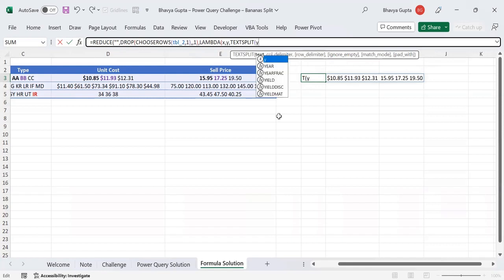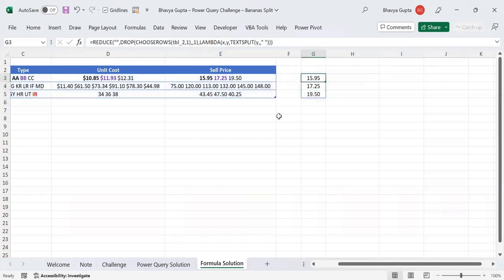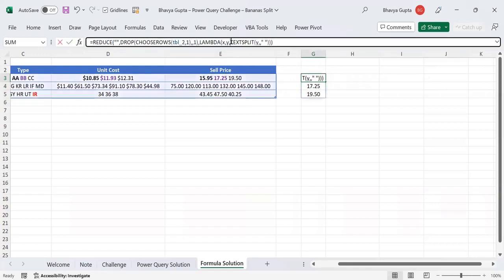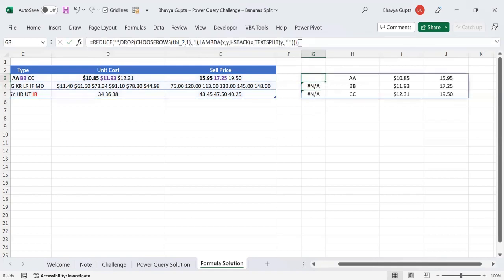Excellent. And as our row delimiter, we will give a space. Let's close the brackets for now. So we got our result for selling price only, but we have to generate the output for each of the columns, each of the values in that array. So for that, we will use HSTACK here, HSTACK x with that current result, right? Let's close the brackets here, and we got this as a result, and we have to drop off the first